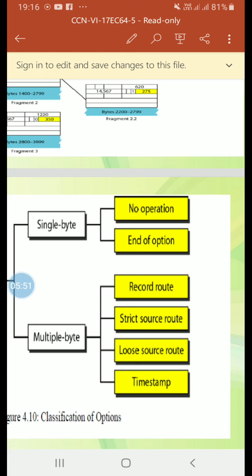We'll see what is packet sniffing. This is a passive attack in which the attacker does not change the contents of the packet. An intruder may intercept an IP packet and make a copy of it. An attack of this type is very difficult to detect because the sender and receiver may never know that the packet has been copied.